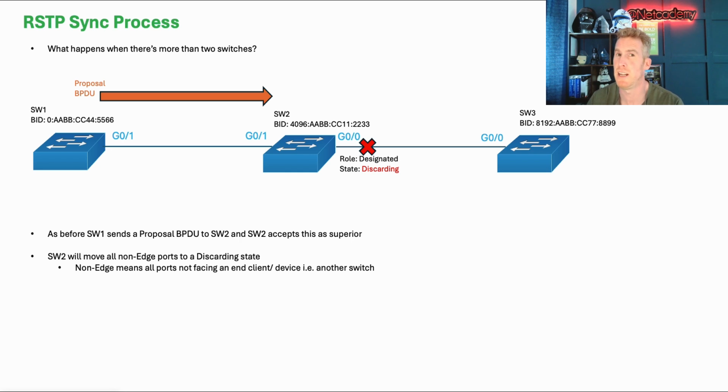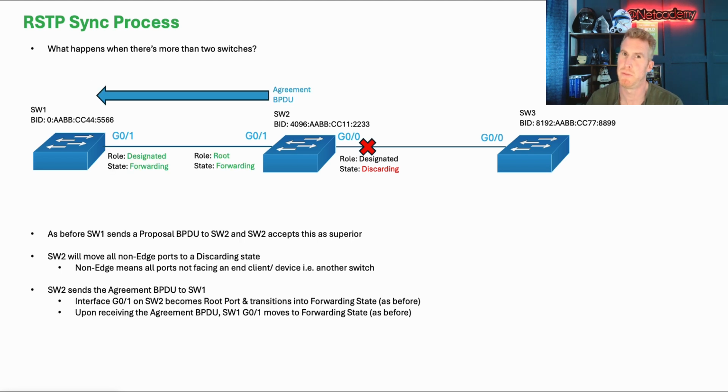it is then going to move all non-edge interfaces, i.e. interfaces that are connected to another switch, another networking device that are not edge. It is going to move them into a discarding state, just to allow for this sync mechanism to actually take place. And just as before, once it's received that superior BPDU and moved that interface from designated to root, it will send the agreement bridge protocol data unit, the BPDU, back to the root bridge, back to SW1, to move that interface into forwarding, and when SW1 receives that agreement BPDU, it also moves that gig01 interface into forwarding